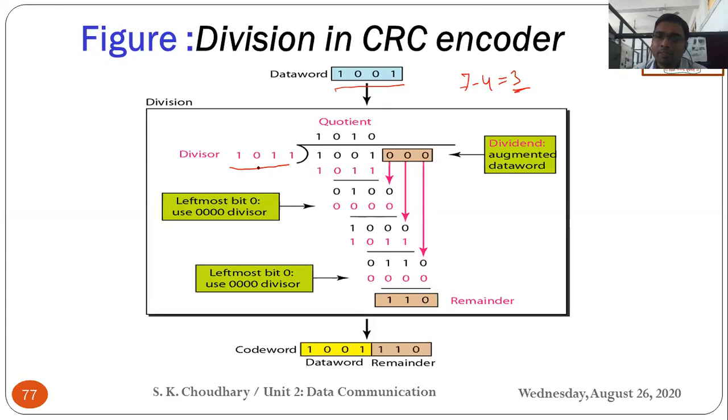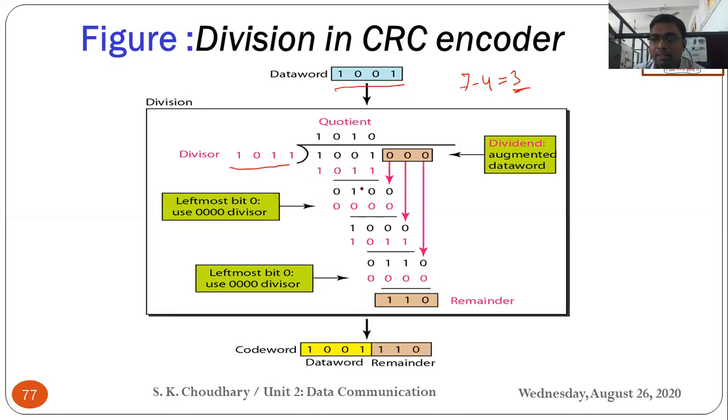It is not restricted to that. You can take 1000 also. I am taking just one example. So the first time when it is divided, we have to take a quotient of 1. So it becomes this. You have to perform the modulo 2 addition. 1 and 1 gives 0, 0 and 1 gives 1. This is 0. It would be 0. Then 1 0 would be here.